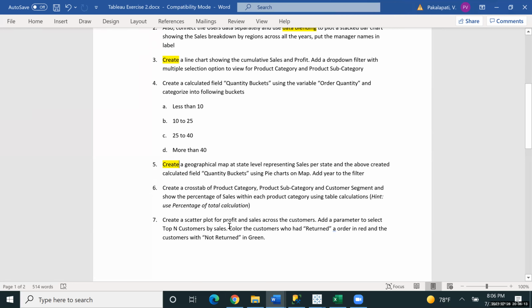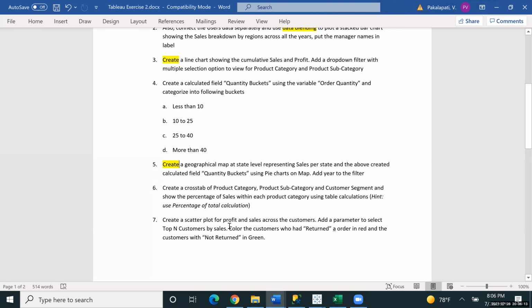So what you have made over here is you are showing sales and profit. You have to put the customer name on the detail now. Customer name on the detail. Right?